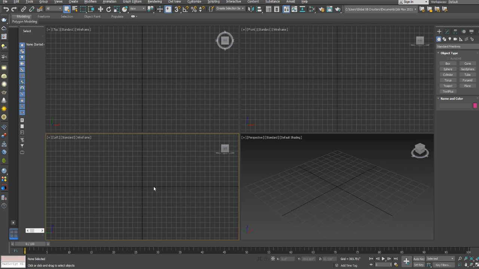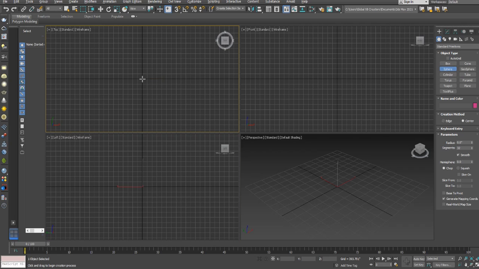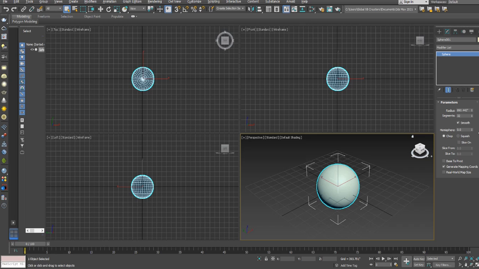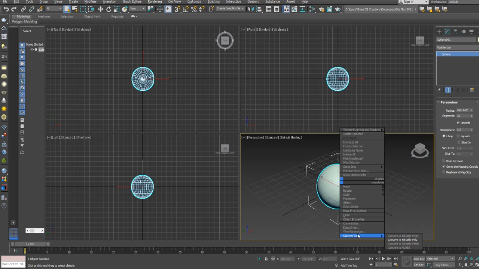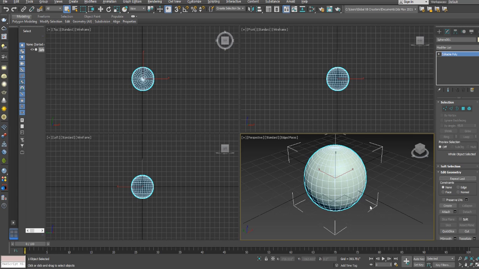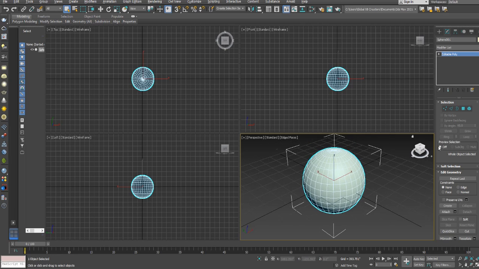Okay, let us talk about selection, self-selection, and also the backfacing. So if I'm going to convert this to editable poly and press F4 to make it wireframe,